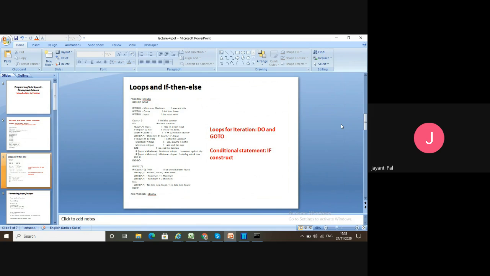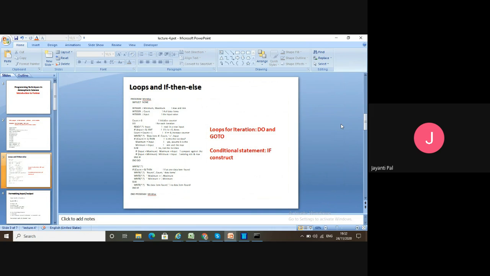Say, the program will execute only if I give a positive number as input, that means the program is not valid for a negative number. In that case you can impose some condition like an if-then statement, and then the program will execute.